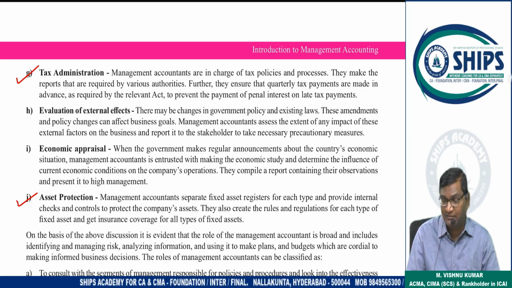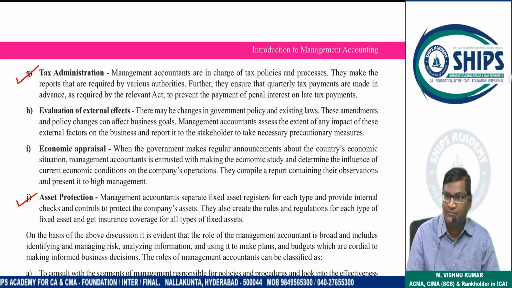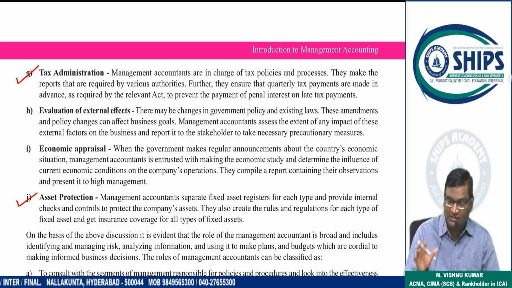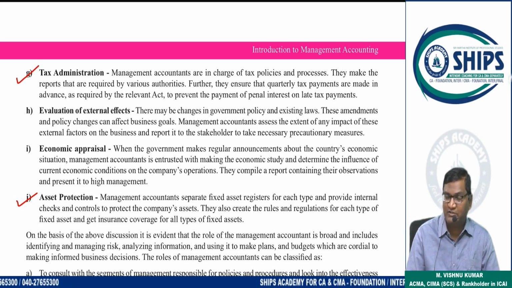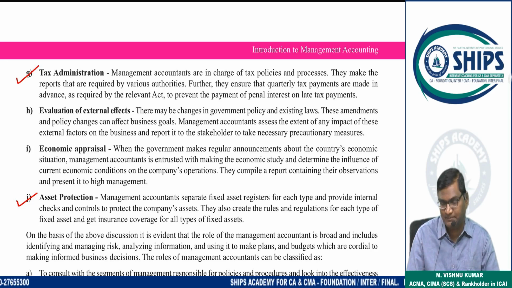So what is important? Assets should be protected. Clear? If assets are not properly protected, then a reinvestment problem will arise. So for reinvestment, sometimes funding is generally not available. So this is the reason that assets should be protected. Even small assets, big assets, everything should be protected. So insurance coverage is required. A strong internal control system is required. Clear? So that assets will be in a totally controlled situation. Okay.